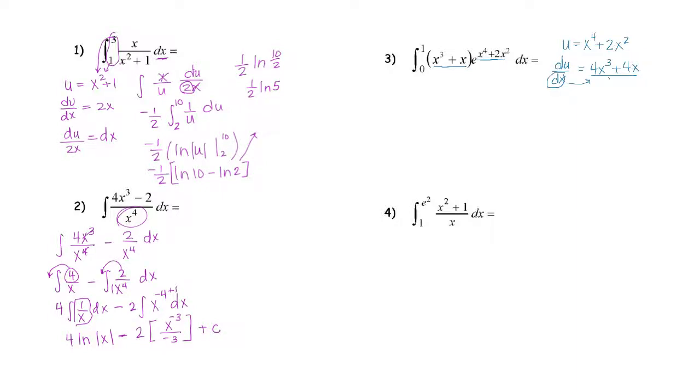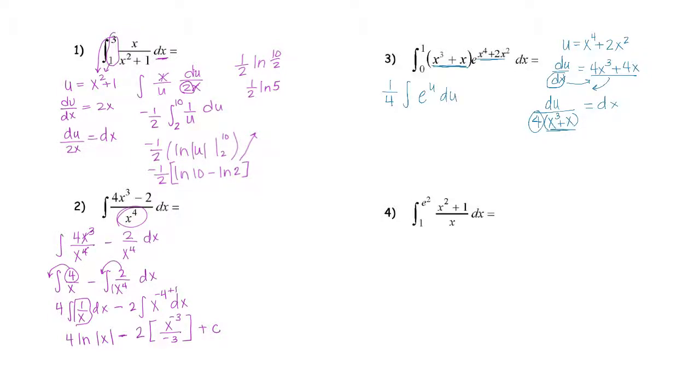So dx is going to go over there, and the other is going to move back. So I'm going to have du over, I'm going to go ahead and factor out that 4. That's going to give us x cubed plus x equals dx, and right away we're seeing that this is going to cancel with this, so that's good. That's what I need to happen. We're going to have an extra 4 here, so I am going to move out that 4. That's going to be 1/4 times the integral, and so we've got e to the u